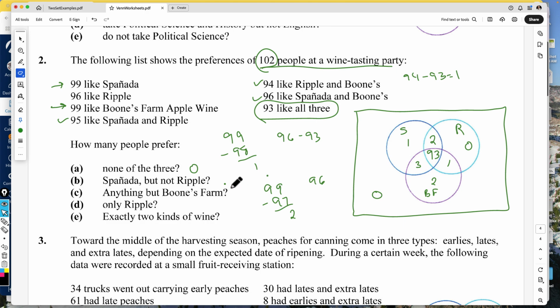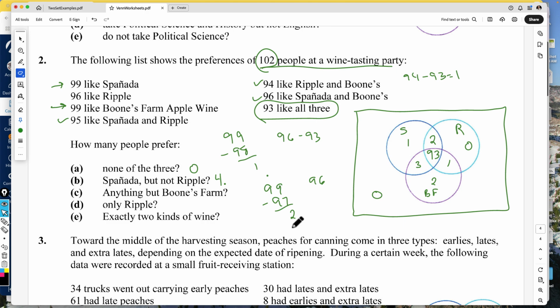Yes, sir. I thought you also have to count. Yeah, sorry. Okay, good. So just 4, because we know they have to be in the Spinata circle, but they can't be in the